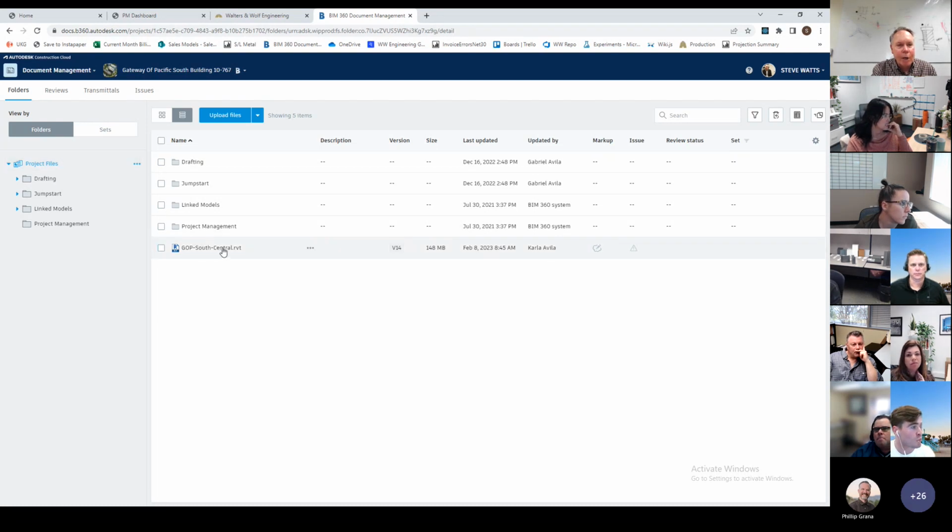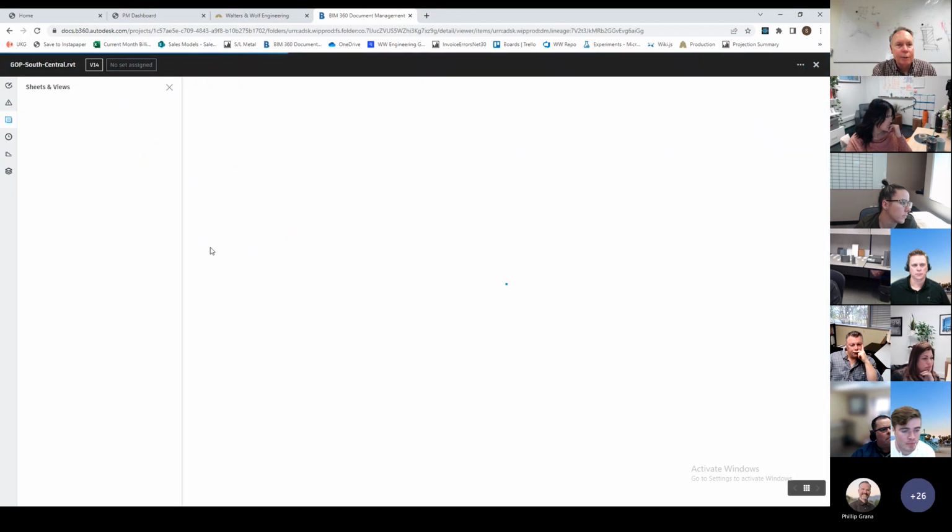And where we keep our models is in the root directories. So the model that you want to look at, the most recent model, is right here under GOP South Central RVT. So it'll be under project files, and it'll be the first model you see when you first come to the site. So that's where we keep the main model. So if I click on this,